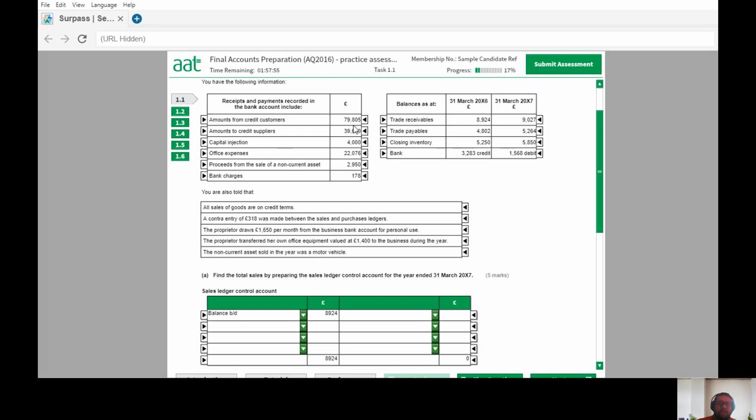So if you look at that here, this is the money coming into our bank account. So debit side of the bank account and credit side of my SLCA. So it is going to be £79,805 there. And then also if you notice that here, if we have anything else,